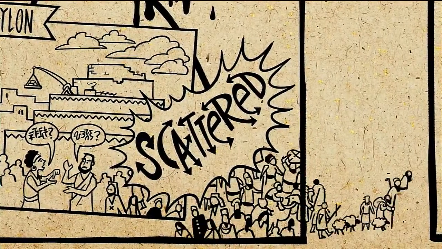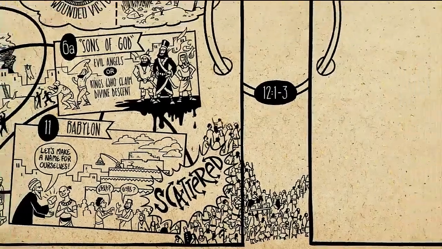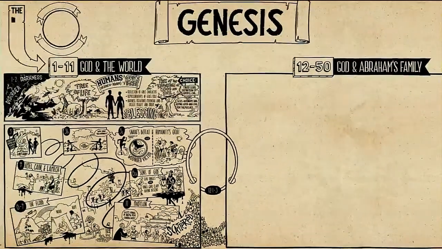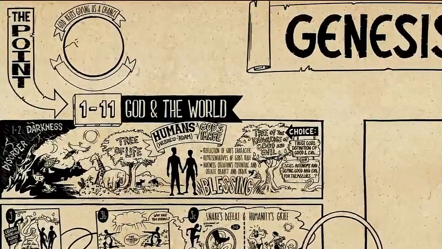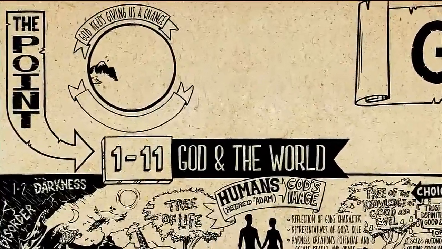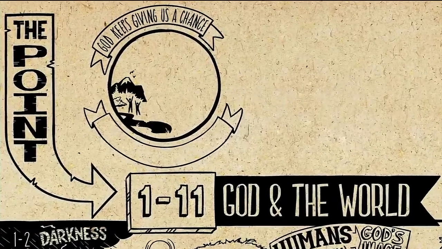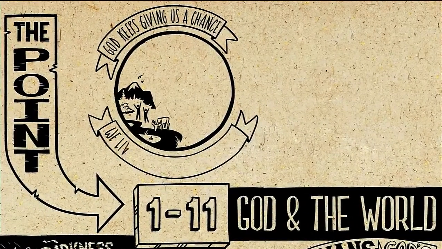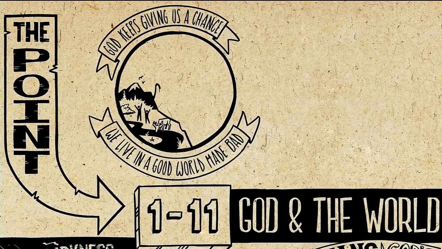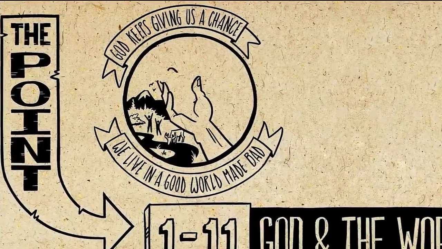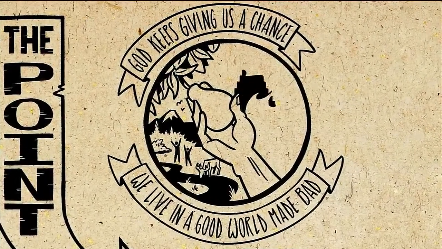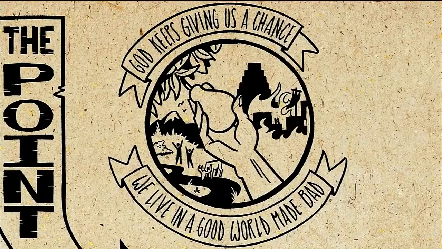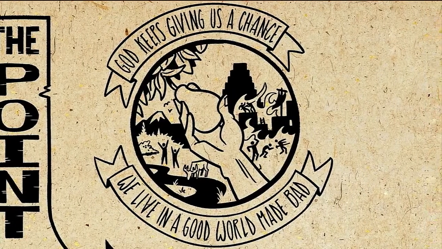Now, this is a diverse group of stories, but you can see they're all exploring the same basic point. God keeps giving humans the chance to do the right thing with his world, and humans keep ruining it. These stories are making a claim that we live in a good world that we have turned bad, that we've all chosen to define good and evil for ourselves, and so we all contribute to this world of broken relationships, leading to conflict and violence and ultimately death.